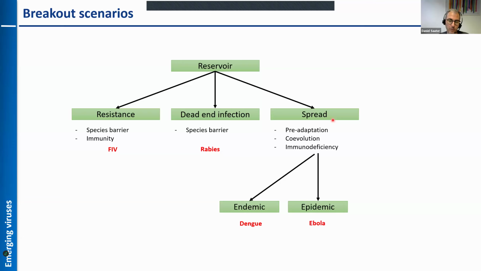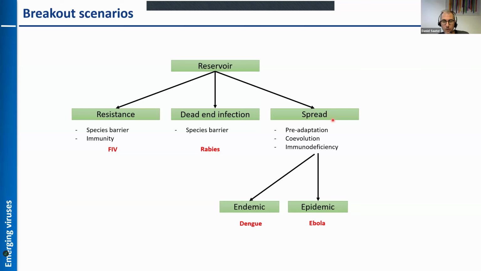In contrast to this, the term epidemic describes an outbreak that is also limited in time, and the prime examples would be Ebola outbreaks or Marburg virus outbreaks that occur from time to time, but that can usually be restricted or eliminated within a few weeks or months without affecting, let's say, the entire human population. So these usually don't spread around the globe, so they are, again, geographically limited.